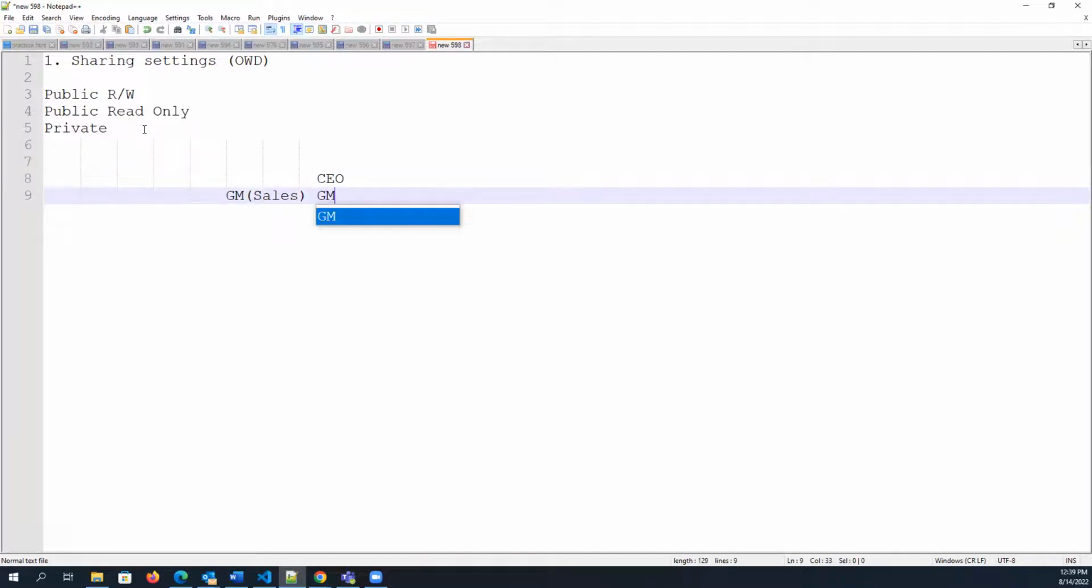and then GM marketing, and GM service. Just creating a dummy hierarchy in the organization, and it is based on your company hierarchy, the actual roles everyone is performing in the company, not the designation we are talking about, right? Because role is your work, not designation. Okay,